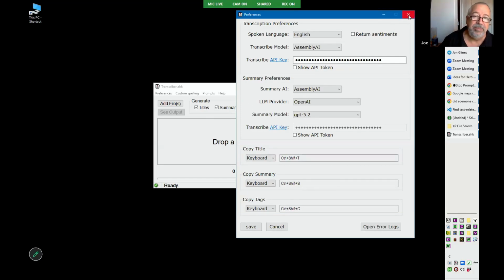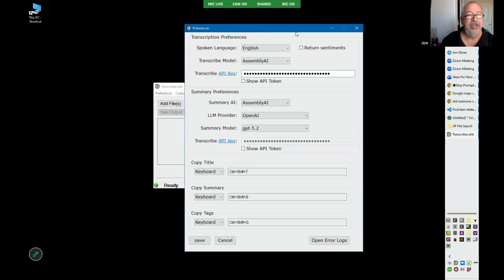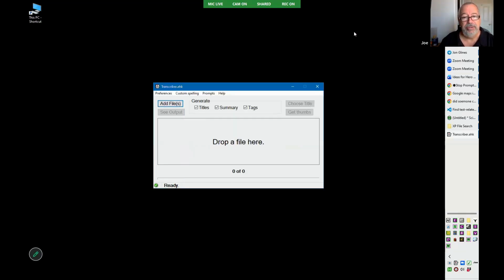When he launched it on his computer, it didn't. It was showing up in front. And when I launched it on my home computer, it was showing up in front. I switched over to running the executable instead of the script. So we were all running the same executable, and on my computer it was showing up behind the main program, and on the other two, it was showing up in front of it like it's supposed to.